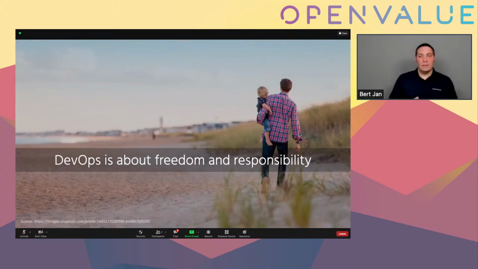So take responsibility, trust your teammates, and design a system in which people are held responsible for the consequences of their actions. So it's not about blaming whenever something goes wrong. Whenever something goes wrong, it's about getting together as a team, looking at what we did wrong as a team, and what we need to do better next time. As Werner Vogels, the CTO of Amazon, says, you build it, you run it.